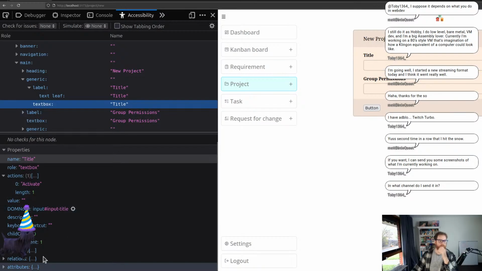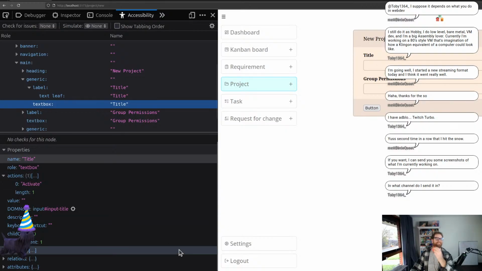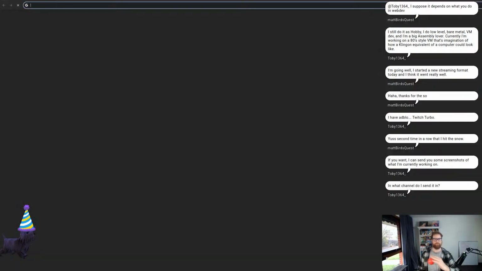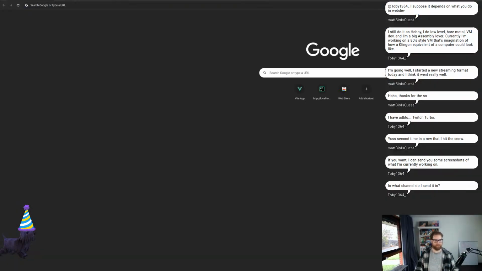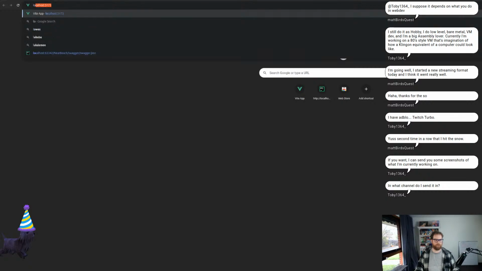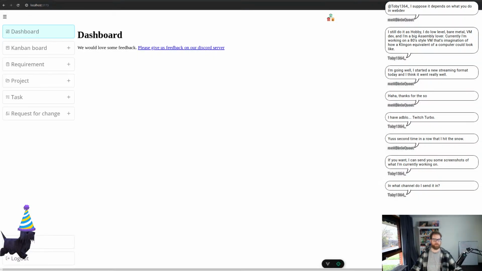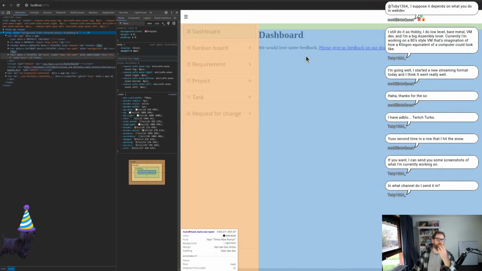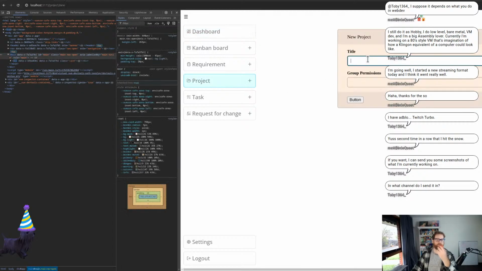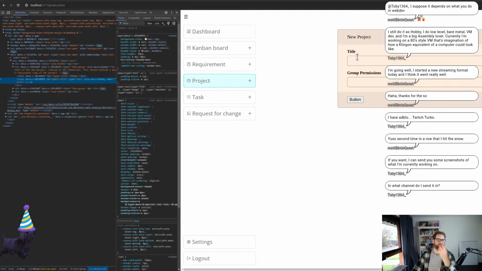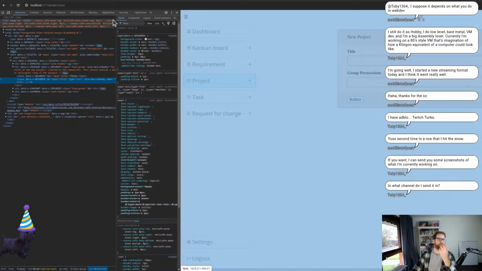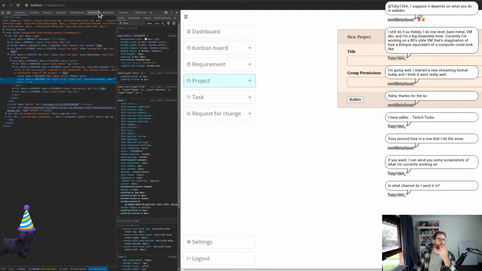I don't see anything interesting there. I'm just going to open up Chrome too. This would be localhost 5173. We're just going to open up this. We're just going to go to the new project. We're just going to inspect that straight away, but that doesn't matter. If we go over into accessibility, which is somewhere over here,